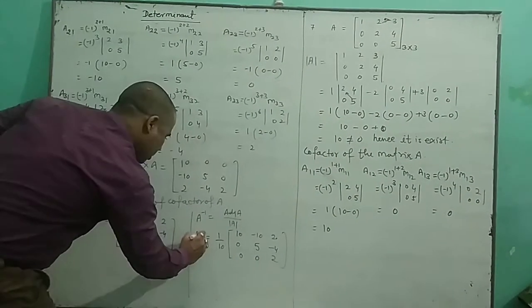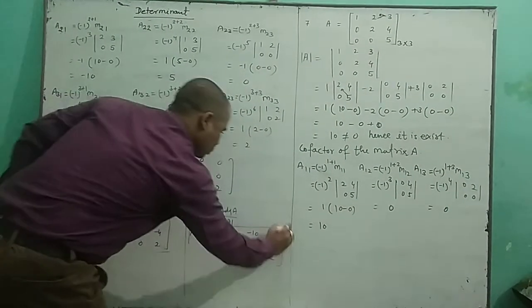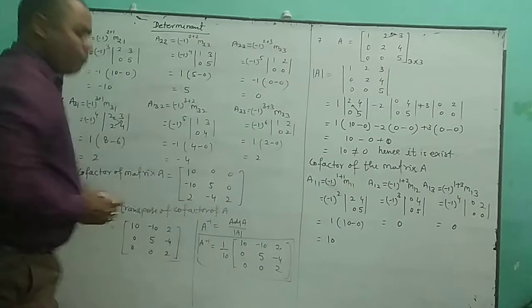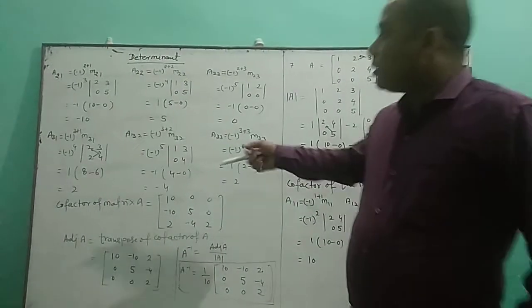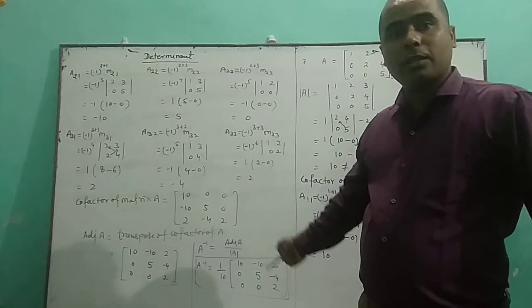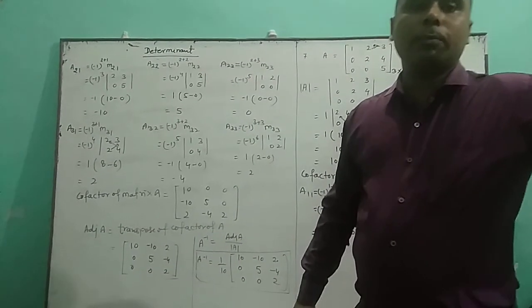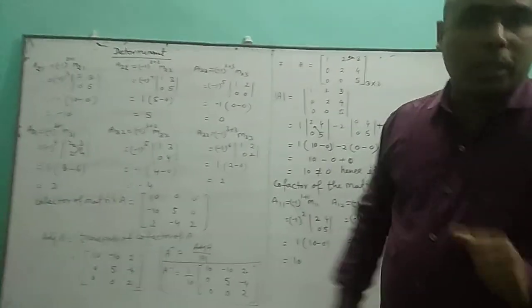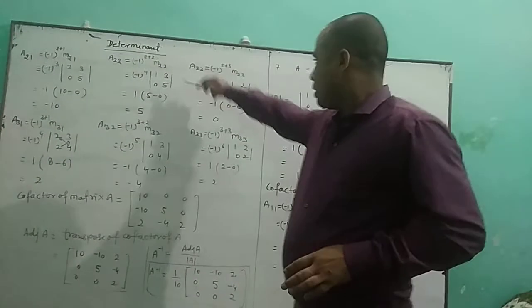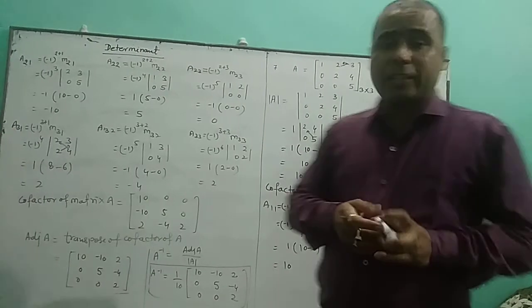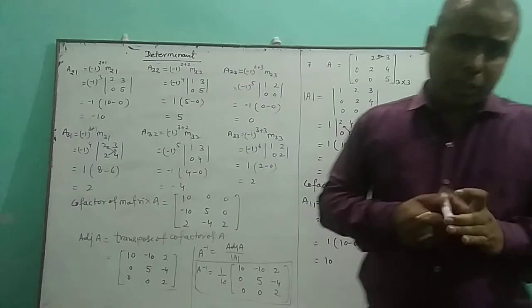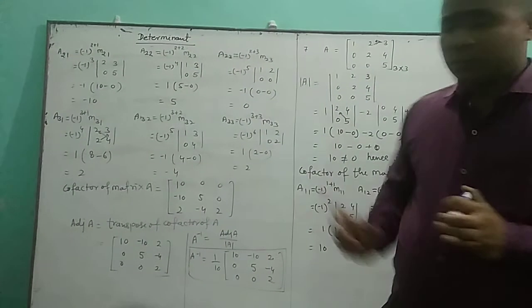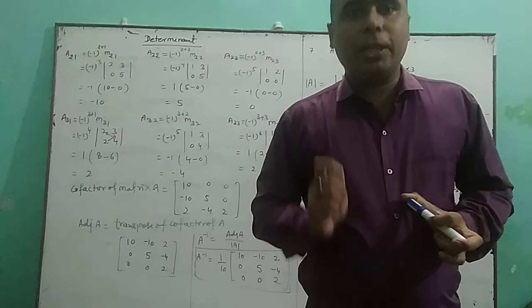This is the value of A inverse, finding the inverse of the given matrix by using the determinant method. In matrices we can also find the inverse with the same answer, only using the matrix method, which means the transformation method. But in determinants, by using the cofactor method we have to find the inverse of the given matrix. This is a very important question, so you have to study and understand carefully. Thank you.